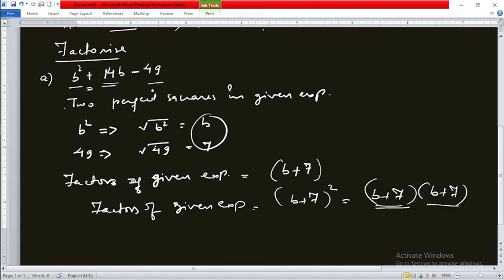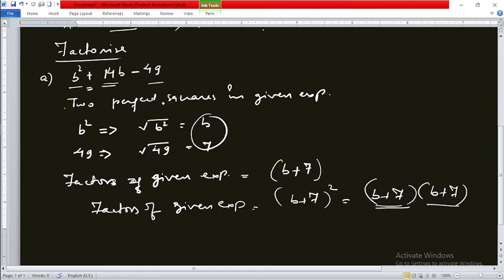There are so many methods, but another method can be the use of identities, which we are going to study further in our coming sessions. But right now, I have started with type three, where I have given you the explanation of the perfect trinomial square. Once you find out whether the given expression is a perfect trinomial square, in this way you can find the factors of that type of given expressions.